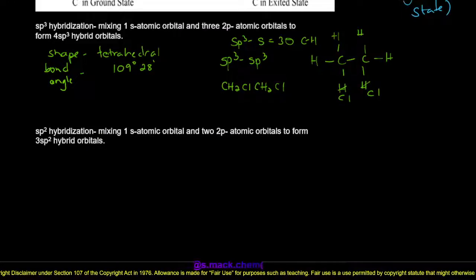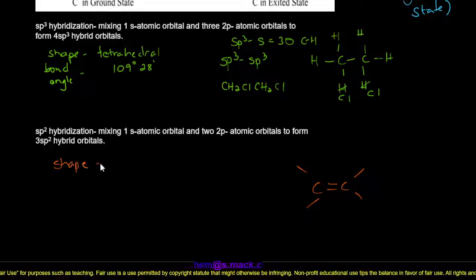I will attempt to draw my ethene molecule showing the orbitals, that is the orbitals which give rise to our sigma and pi bonds. So here we have our ethene molecule. And I'm going to mention the shape and the bond angle,